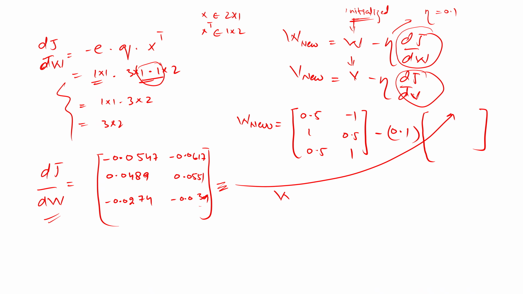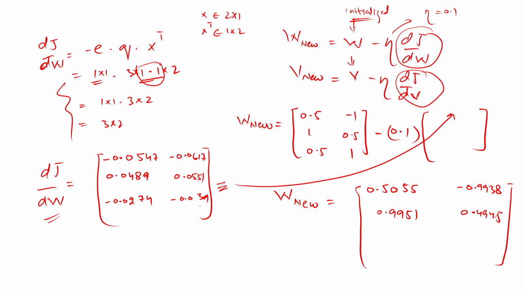Okay, so we will get W new equal to 0.5055, minus 0.9938, 0.9951, 0.4945, minus 0.4973,